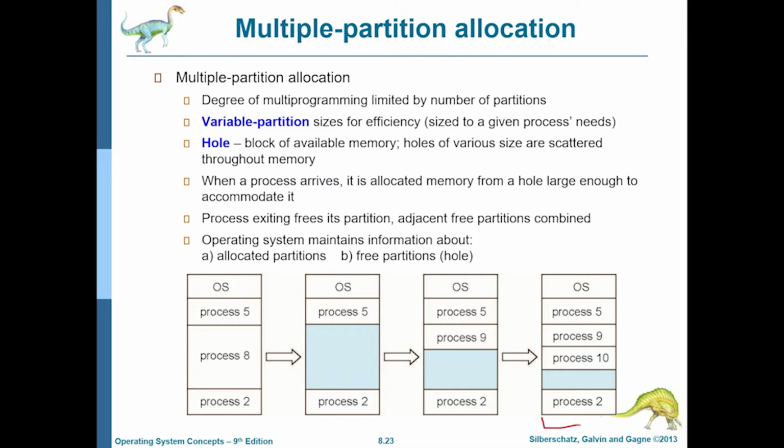So assume that there is another small hole over here, right? But a process comes in which is a little bit bigger than this. So it is of this size. Now this process cannot fit into this hole. It cannot fit into this hole, but it could have easily fit into the combination of the size of this hole and this hole. But since we really want to do contiguous memory allocation, these two holes are of no use for holding this process. So these two holes that are kind of far away because process 2 is sitting in the middle, these are the result of external fragmentation.